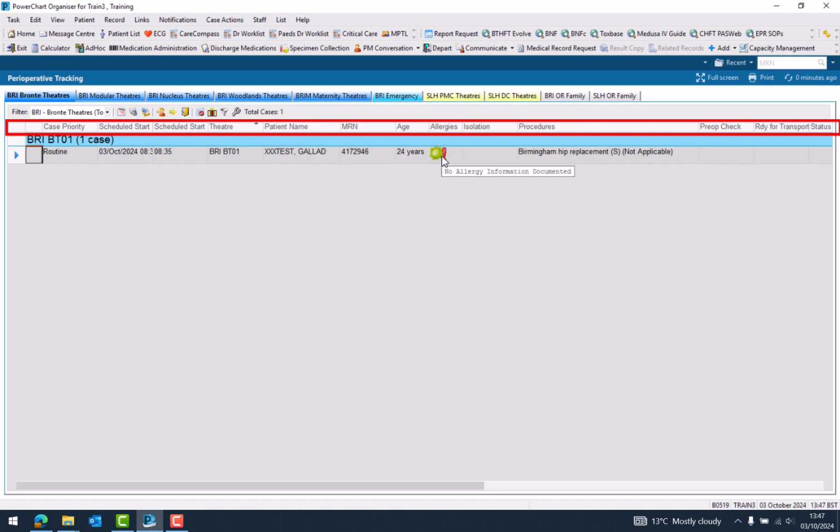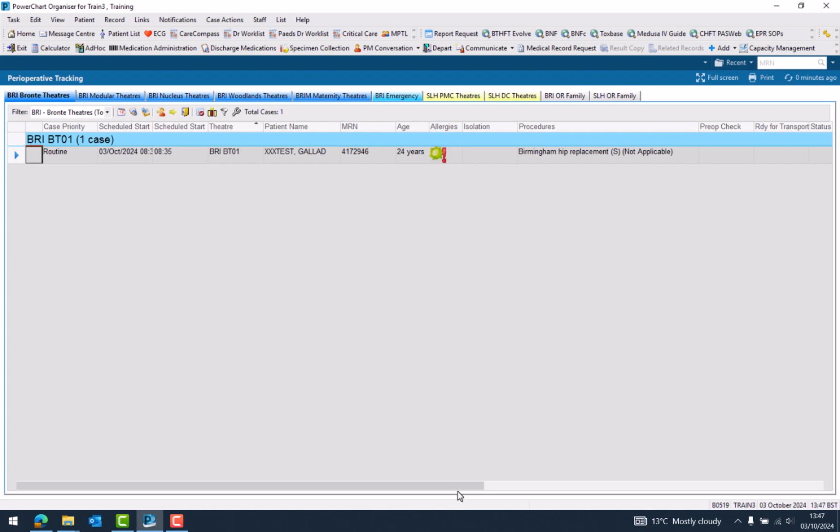We could also see the allergies. If you hover over it, it tells you that there are no allergies documented. You could also see what type of procedure it is. If I scroll across to the right,